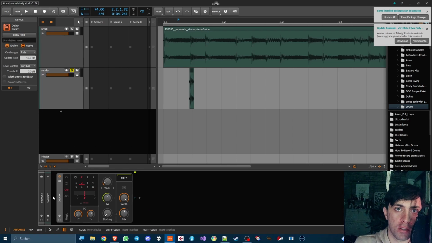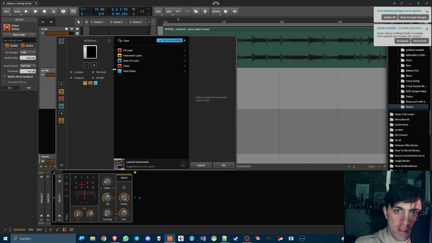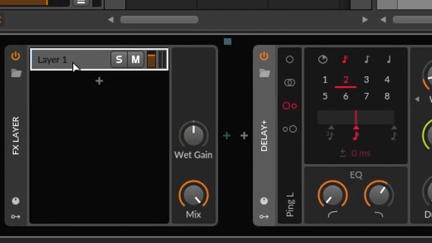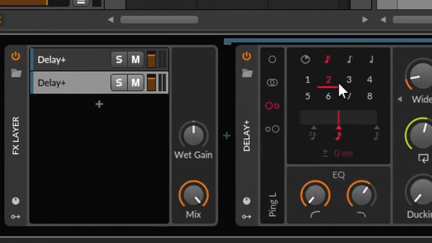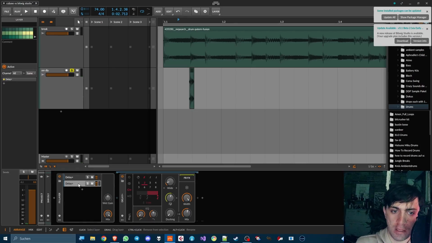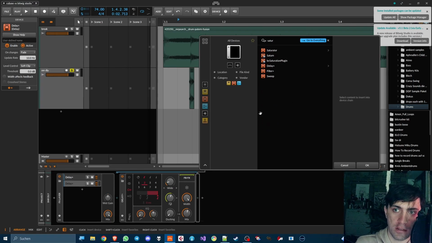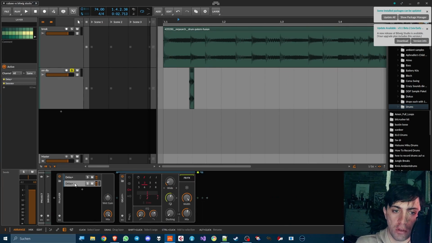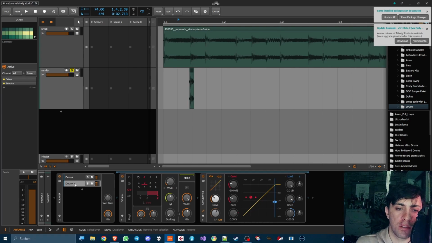Here in Bitwig, if we wanted to have two delays in parallel, we could just spawn an FX layer container and drag the delay in there and then copy the delay. And now we have two different delays, one for each layer. I could also add many more layers if I wanted to. I don't though. And of course, I can add even more plugins or modules into each of these layers if I want to. So same as with the multiband thing, this just makes the workflow of routing things much easier. Cubase just implemented the stereo delay so that they have a hack and an excuse for not updating their bad